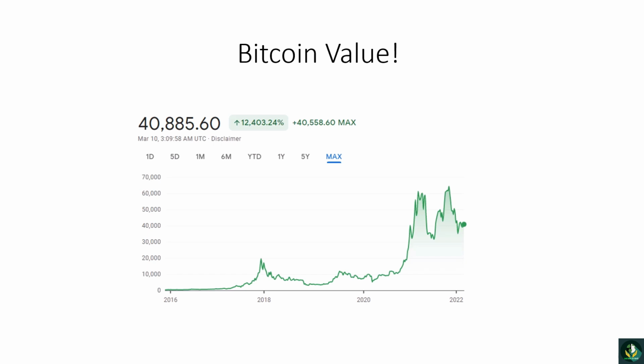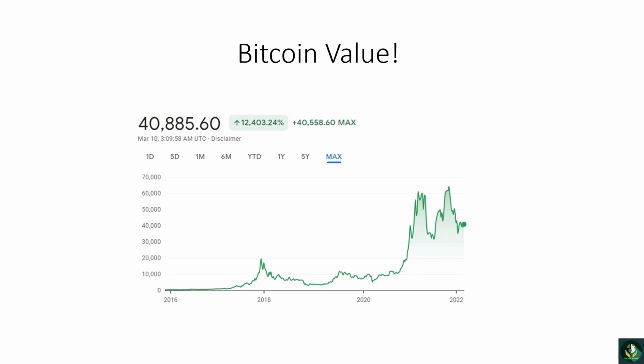As you can see, from 2013 to 2018 it spiked the highest, rising up to 20,000. After that it had a similar price from 2018 to 2020, and by the end of 2021 it reached 60,000-something US dollars.